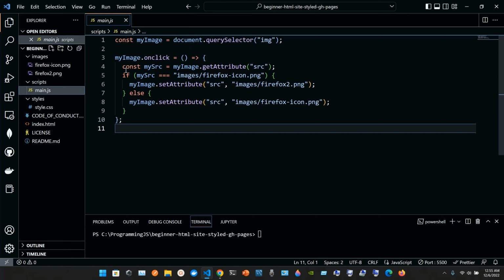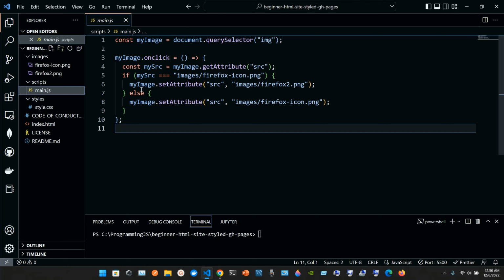Inside the curly braces we have const mySrc is assigned myImage.getAttribute, open parentheses, inside quotation marks, src. We end up with a semicolon. Next line, line 5, if mySrc is equal to, in quotation marks, images/firefox-icon.png,